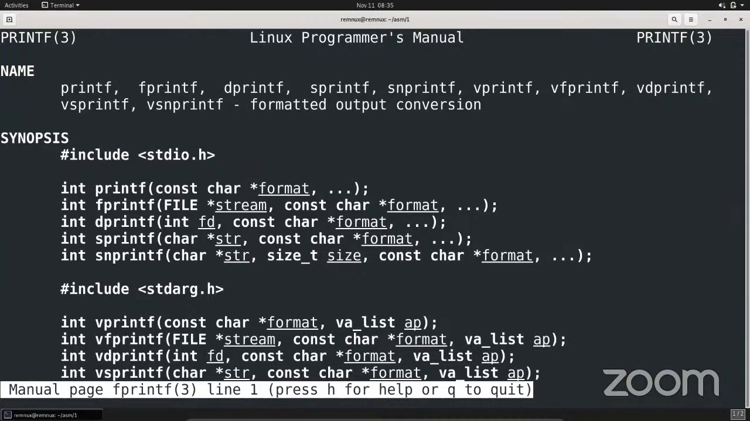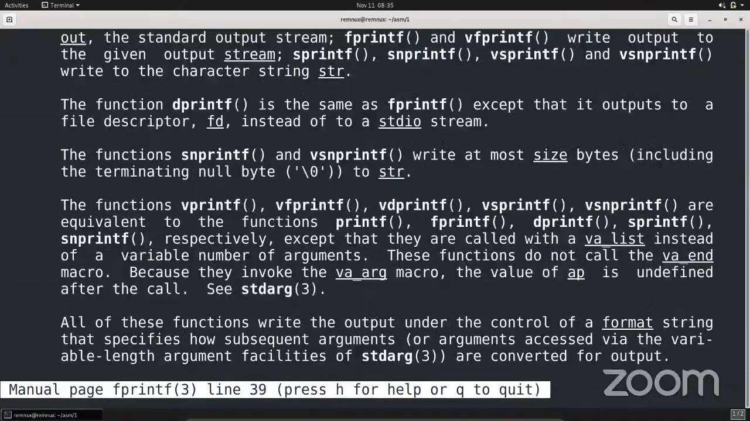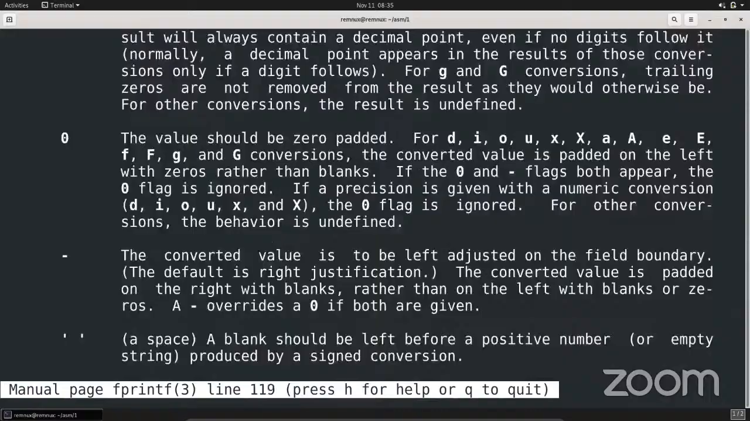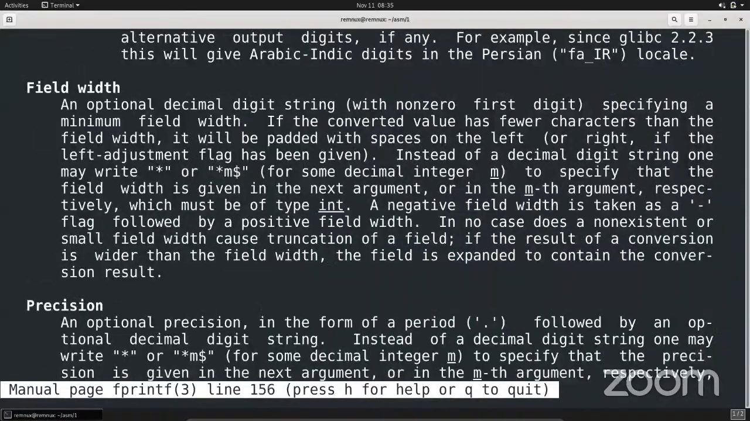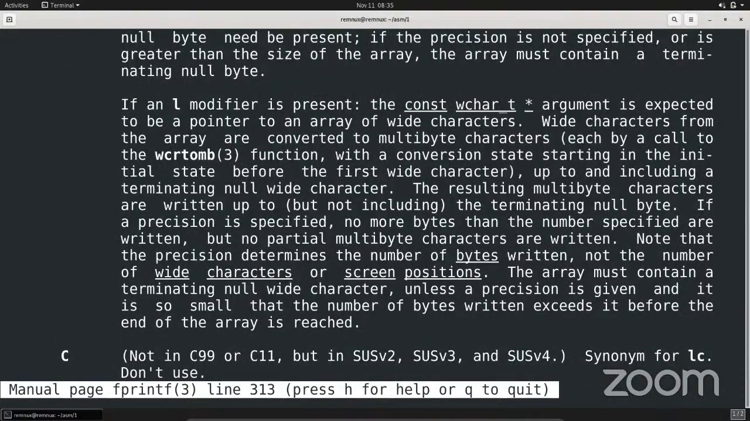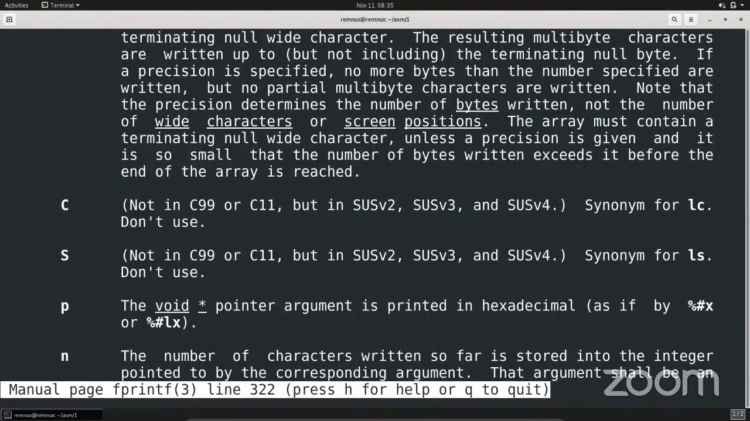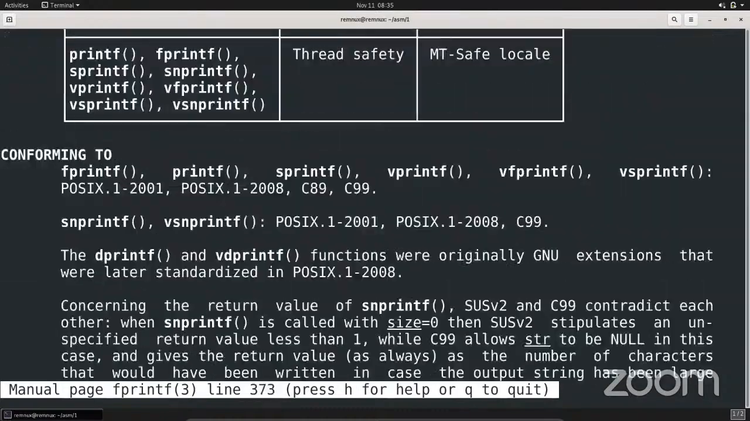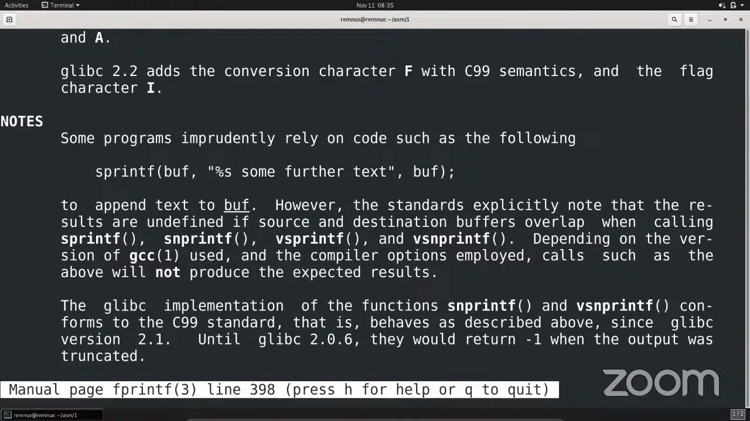I have now opened up the printf and fprintf Linux programmer's manual page. I'm not going to waste my time reading this massive manual to you. This one's going to be a much larger one, because this function is a lot more complex, so even the underlying system call is a lot more complex. So I'm just going to go down to show you the